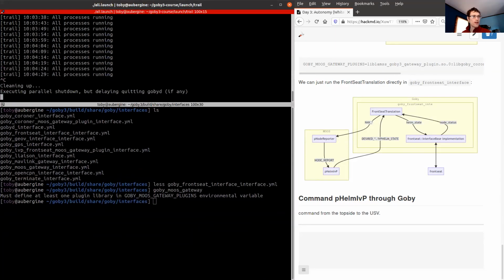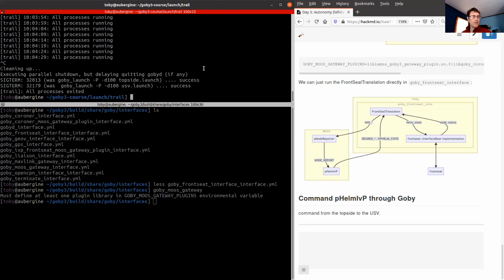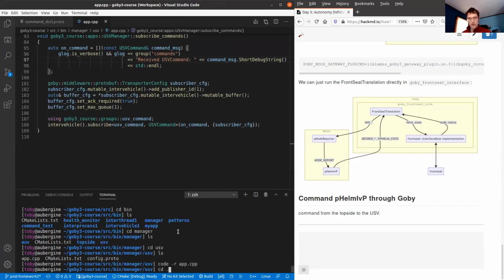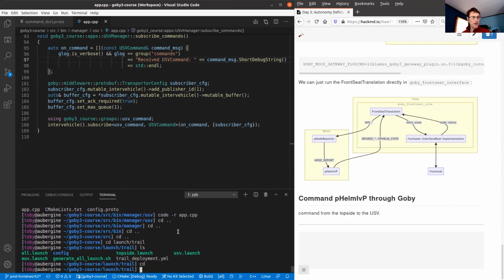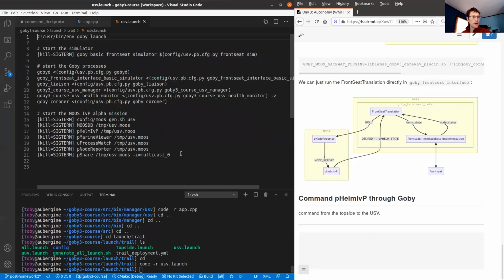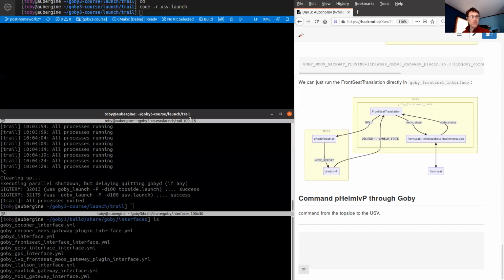I'll go back here. Let's bring down the trail mission for now. First, I want to edit the launch trail mission. I'm going to add to my USV launch file verbose output to the USV manager so that I can see what it's telling me. And I'll also use the ncurses GUI as well, why not? And so then if I actually go and run this code,